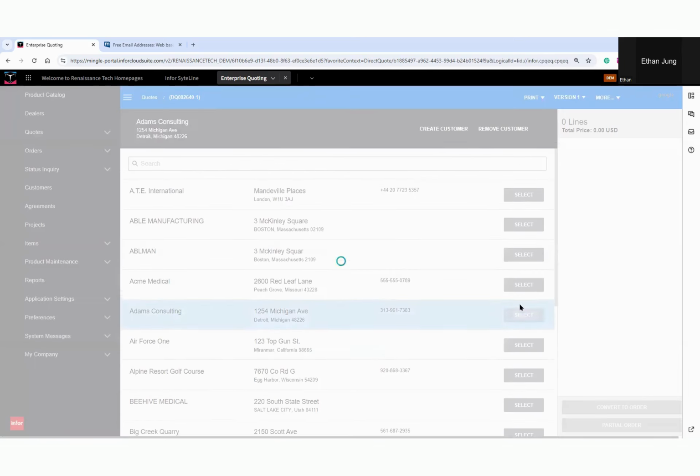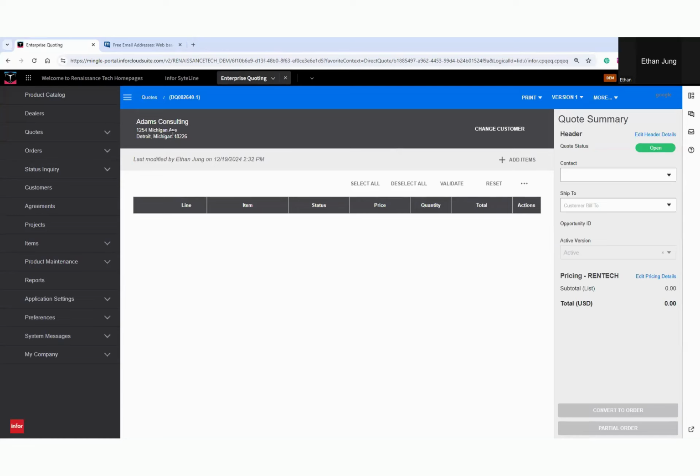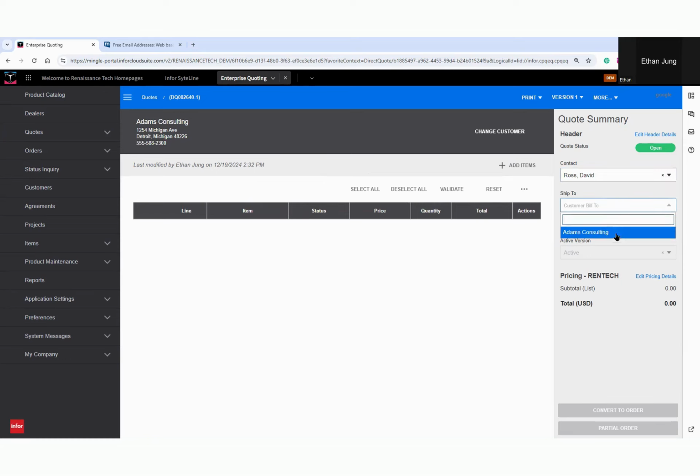And I'm going to go ahead and select the customer. And now that my customer has been selected, I'm going to go ahead and use my dropdown of my contact. And my contact can have one or many contact information. And I'm also going to have a ship to if you have it as well. And now that I have my contact information as well as my ship to, let's go ahead and begin the